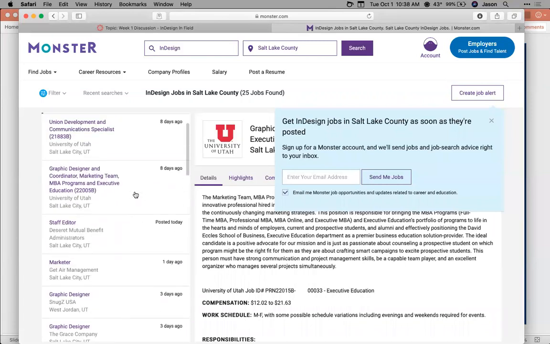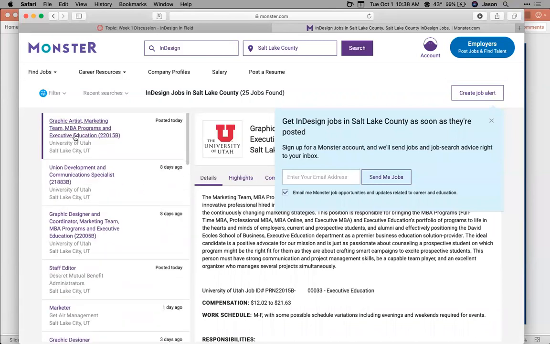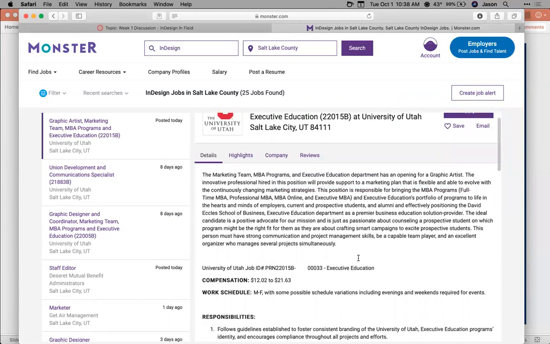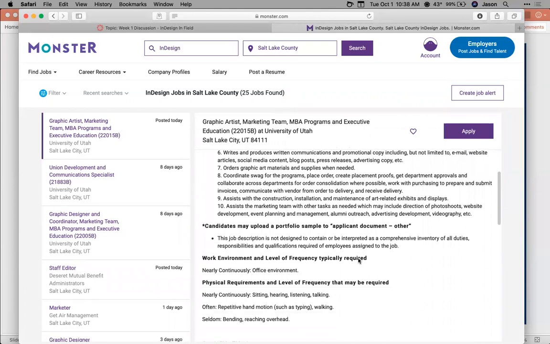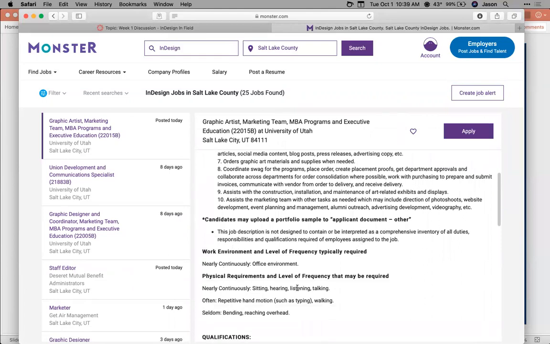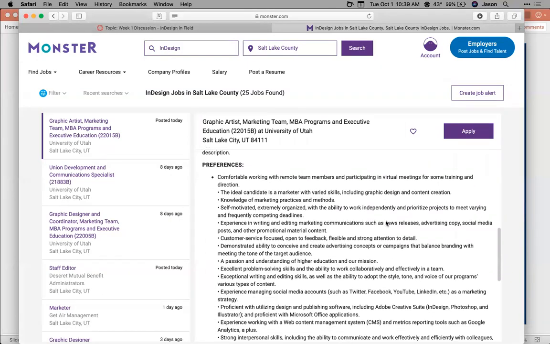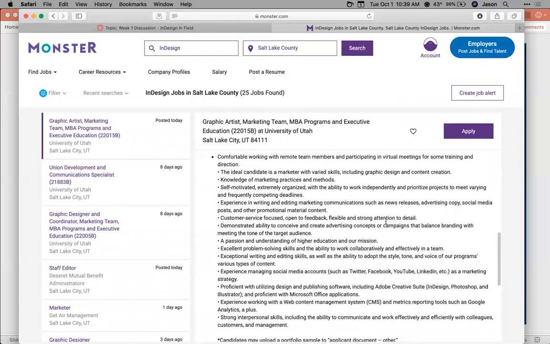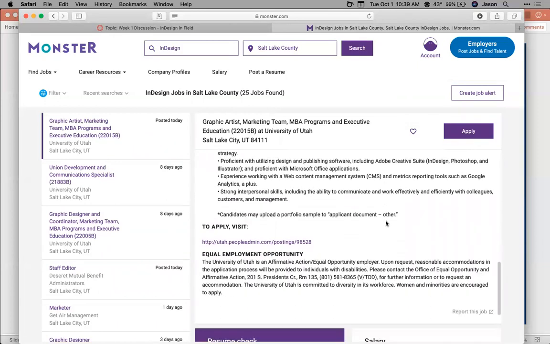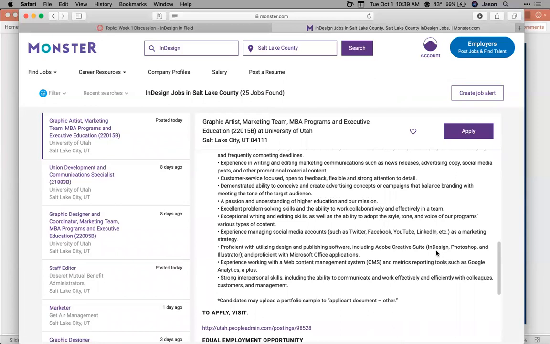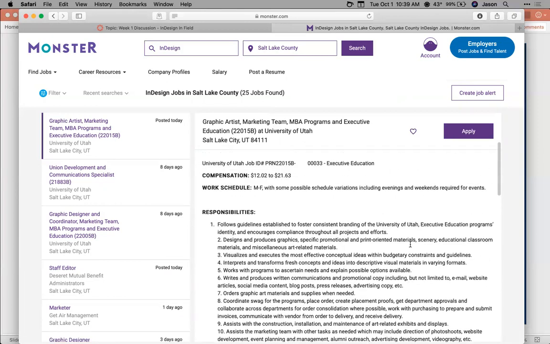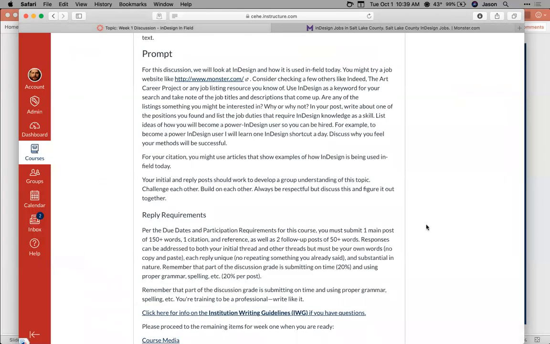So if you find one that's interesting to you, maybe I'm interested in this one at the U, you click on that and come over and read about it. And I can come down here and see in my qualifications. Somewhere down here. There we are. InDesign. Proficient in utilizing design and publishing software, including Adobe Creative Suite, InDesign, Photoshop, and Illustrator, and proficient with Microsoft applications. Okay. So I'm going to read about the job, read about what it requires and why InDesign is a